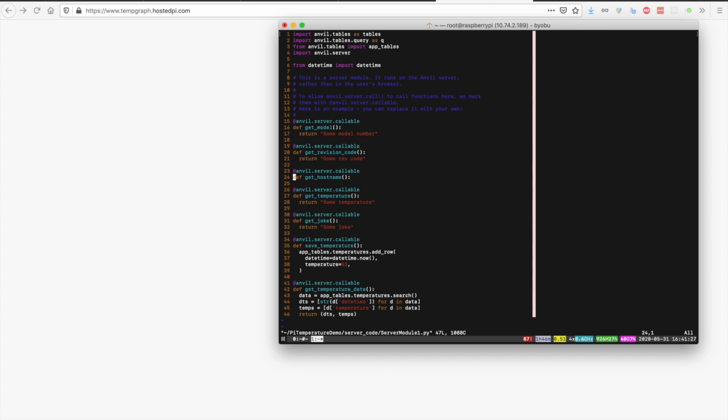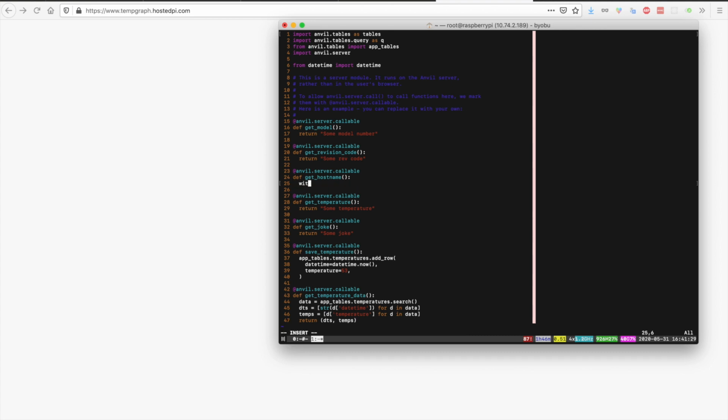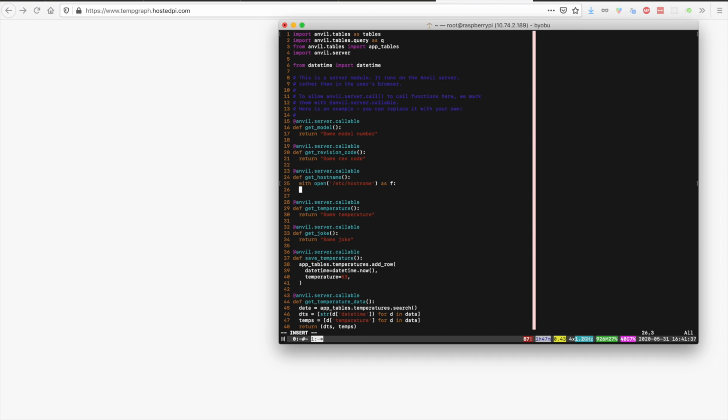Instead of just returning a string, I can say with open /etc/hostname as f, return f.readline. Now if I save that and refresh my app,